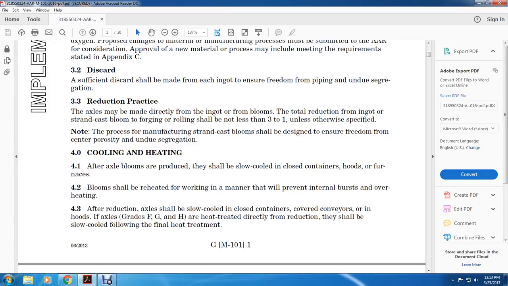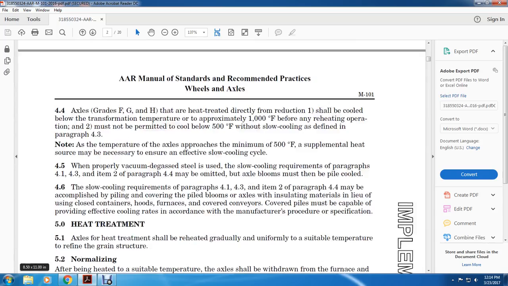segregation. 4. Cooling and heating. After axle blooms are produced, they shall be slow cooled in closed containers, hoods, or furnaces. Blooms shall be reheated for working in a manner that will prevent internal burst or overheating. After reduction, axles shall be slow cooled in closed conveyors or in hoods. If axle grades F, G, and H are heat treated directly after the reduction, they shall be slow cooled following the final heat treatment. 4.2 Axle grades F, G, and H heat treated directly after reduction